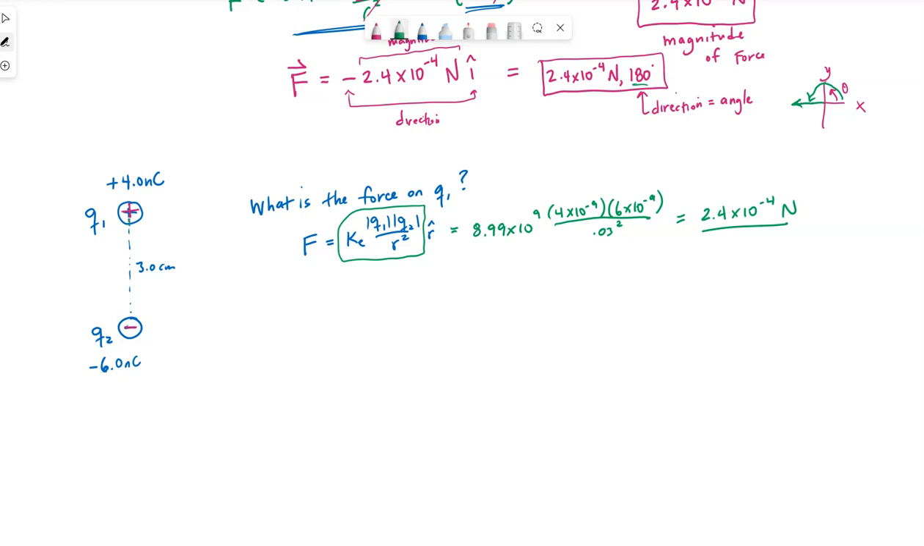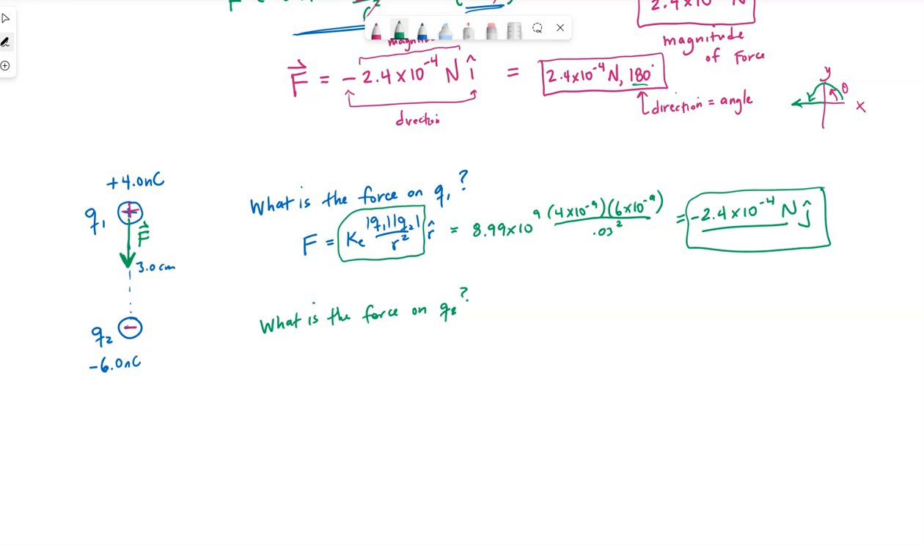Attraction means it's getting pulled towards Q2. And so in our typical Cartesian coordinate system, that would be the negative j hat direction. But if we had been asked for the force on Q2,